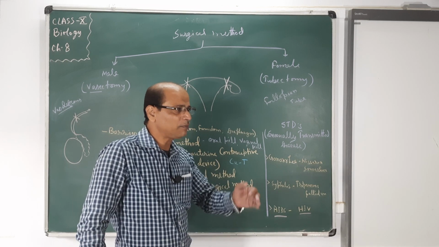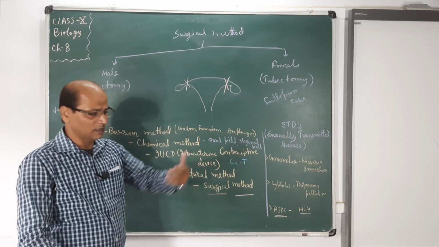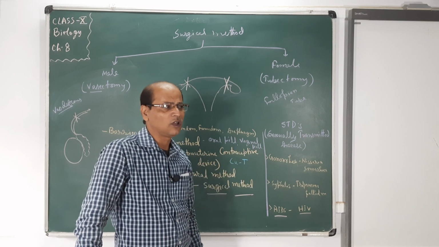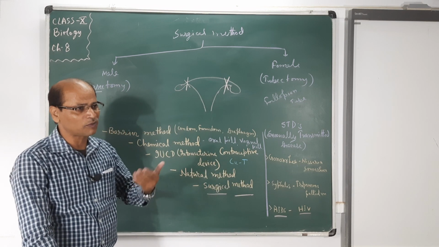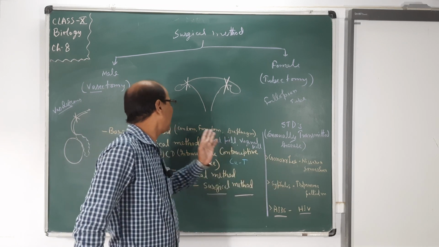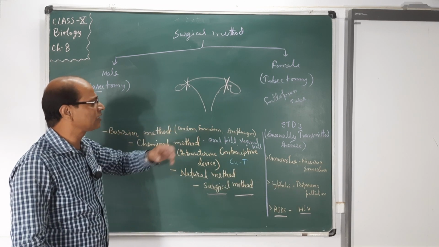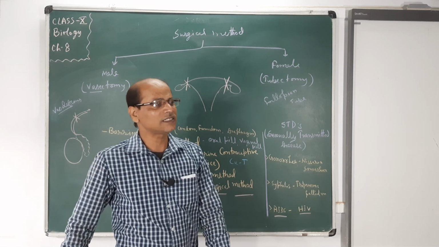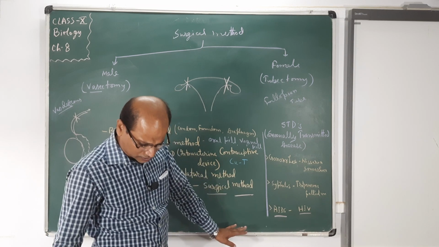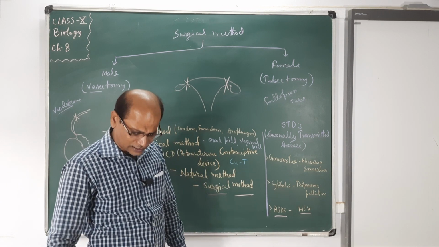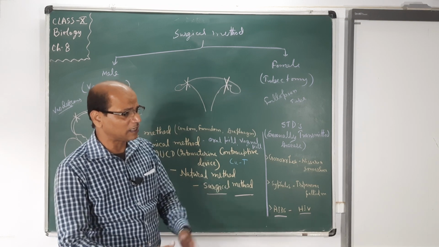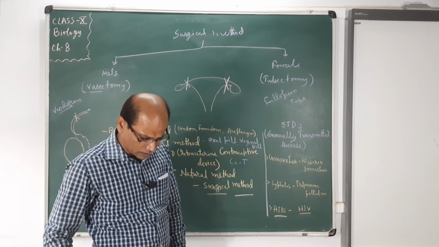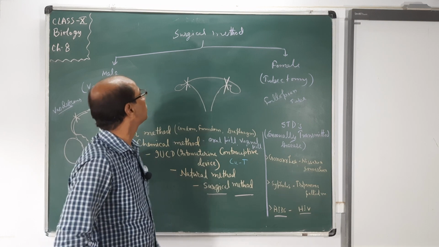And here also, if we know that a person has AIDS, we should not keep contact with them, and if there are multiple sexual partners, we should use protective measures, that is, a condom or other things, for safe sexual contact with others. It is a disease with very serious problems. It is said to have spread to us from the chimpanzee, the African chimpanzee. So these are the different types of diseases due to sexual contact.